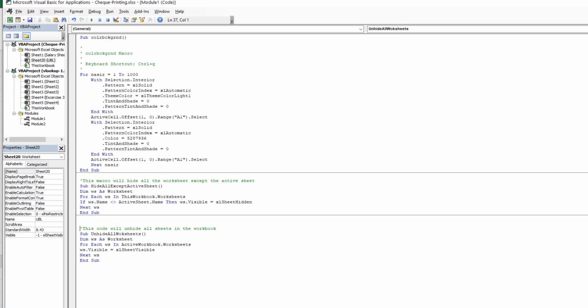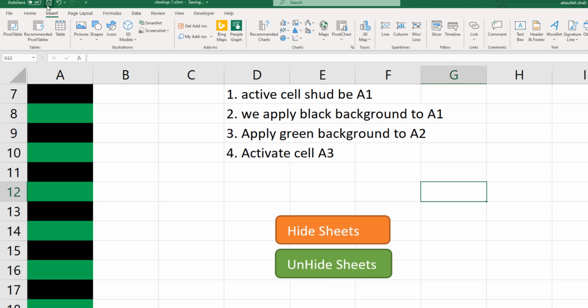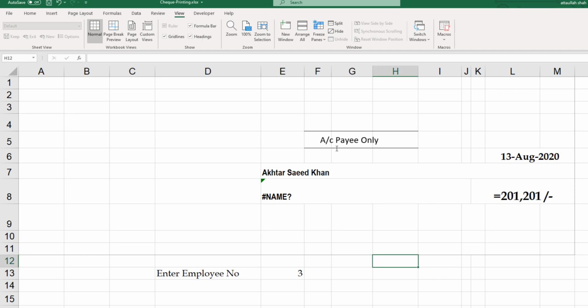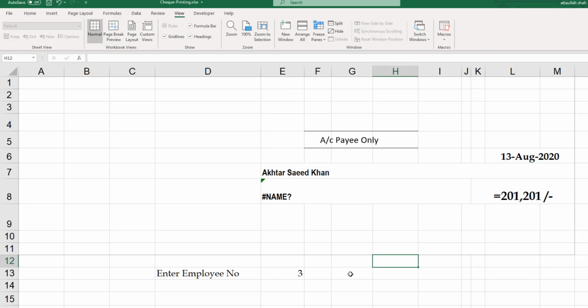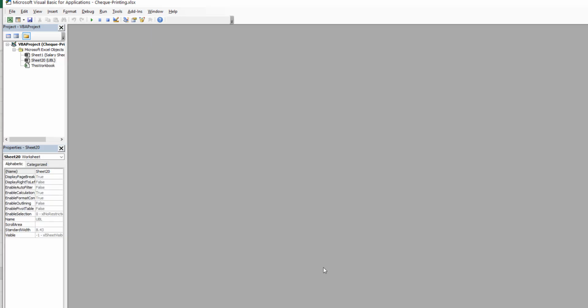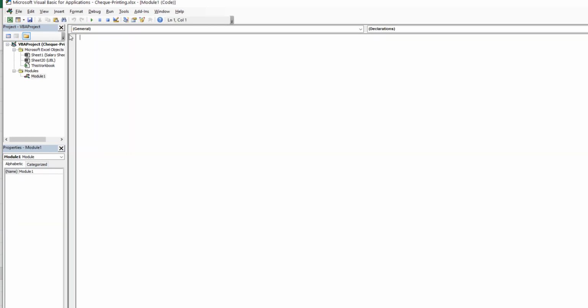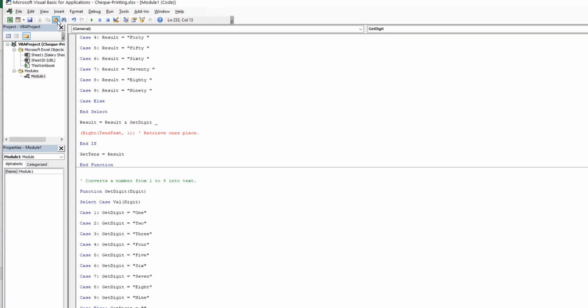We should be using this one, because this code was typed in another Excel sheet, which I should now close so that we do not get confused. Okay, so on this sheet Alt F11, we are presented with no module at this time. I'm going to insert a module and then paste the code.